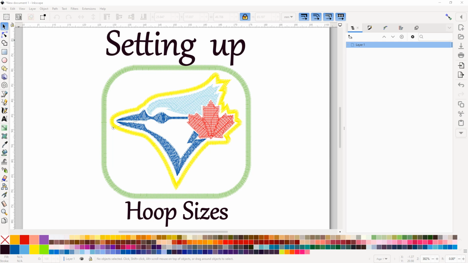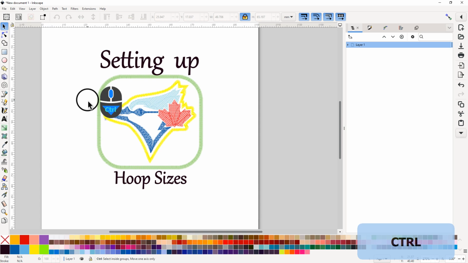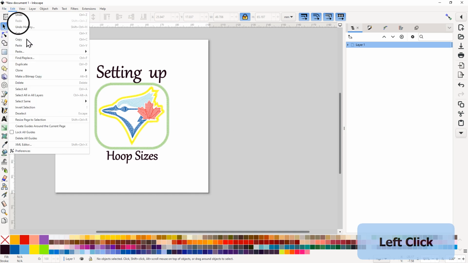Okay, in this video I want to talk a little bit about when you're starting to create your design, you like to be within a specific size, and most of the time this specific size is according to your hoop size. So I want to show you how you can set up hoop sizes according to your wants or to your machine. There are multiple ways that we can set our page size, and this always gets done